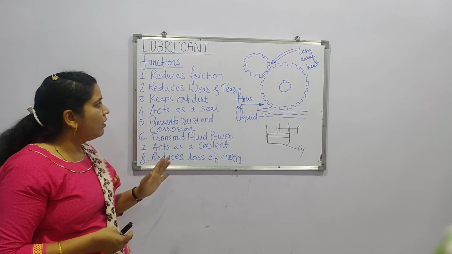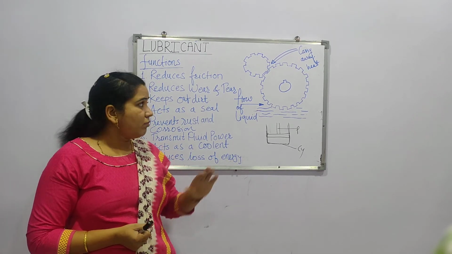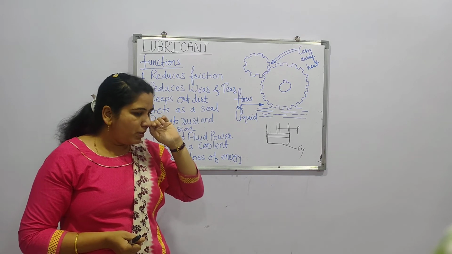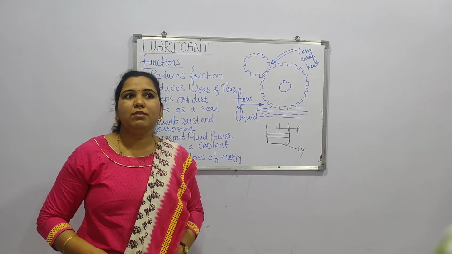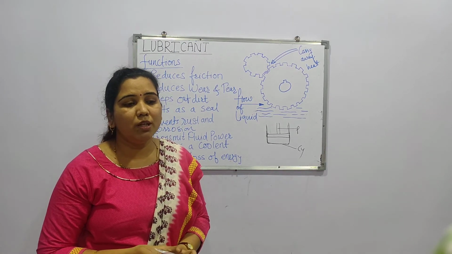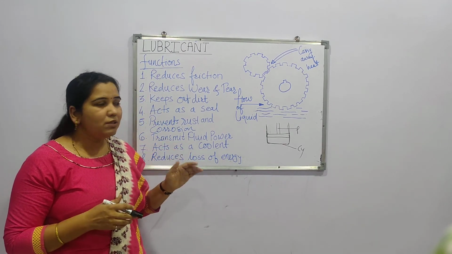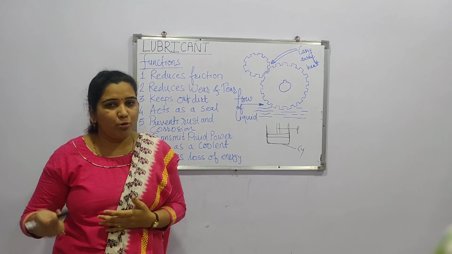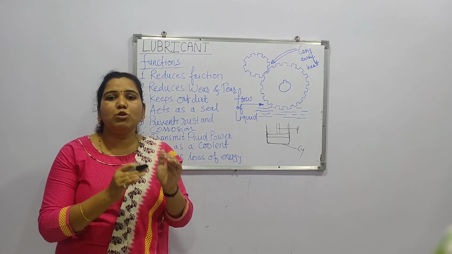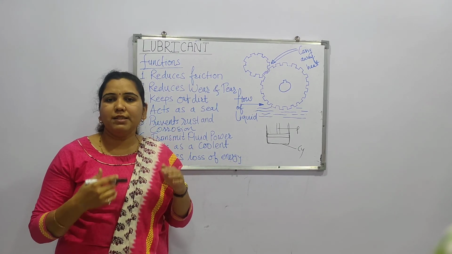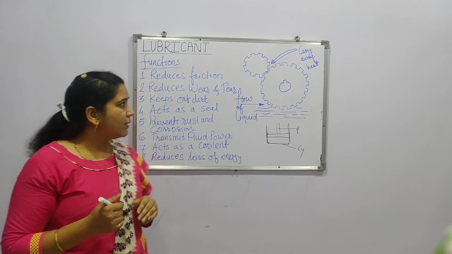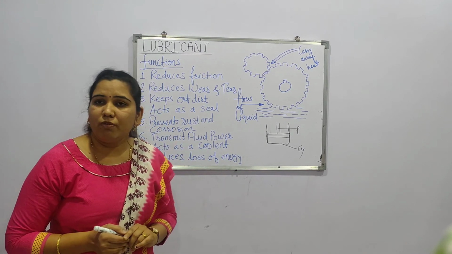So that is the different functions of lubricants. Whenever we study these functions of lubricants in terms of writing in the paper, at that time we have to write at least more than 5 or more than 6. Each is to be written point wise along with its explanation. So like that there are the functions of lubricants.